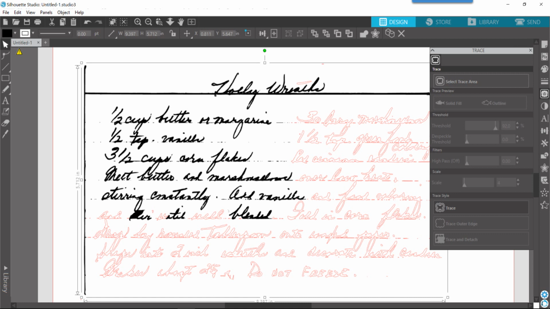what types of graphics or images are better to use than others. And if you have any